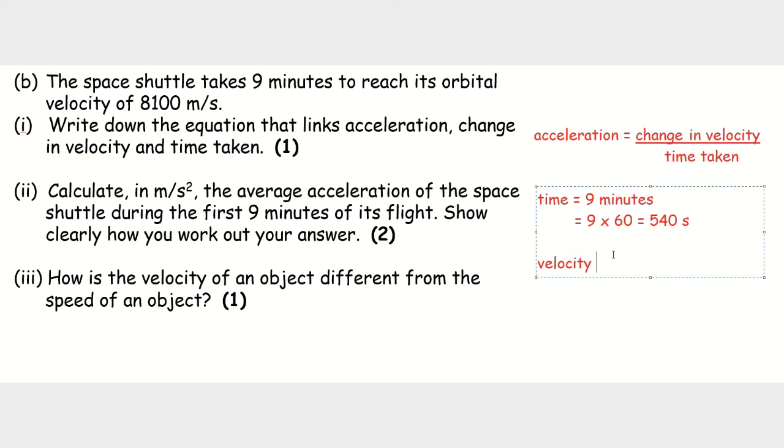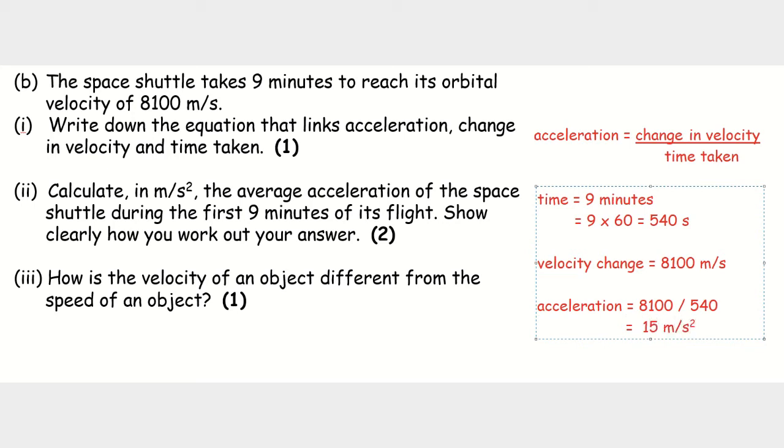So my change in velocity is going to be 8,100 meters per second. And I would like to encourage you to actually do this, to write down what you know from the question so that you won't make any mistakes there. Then you're going to go: acceleration will equal the velocity change, which is 8,100, divided by your 540 seconds, and when you do that on your calculator you will end up with 15, and the units will be meters